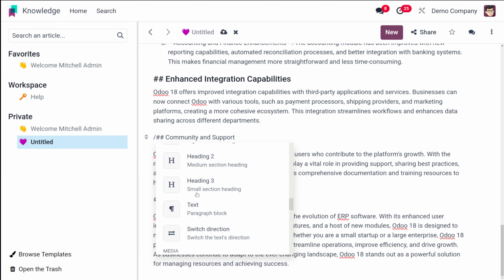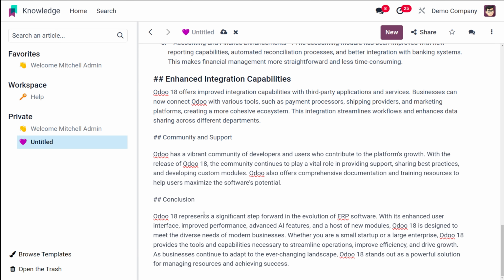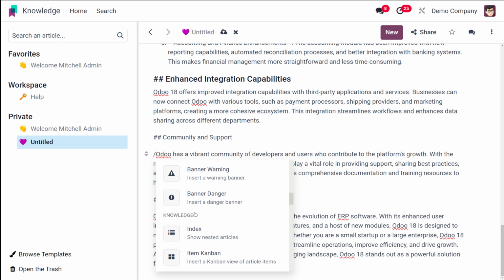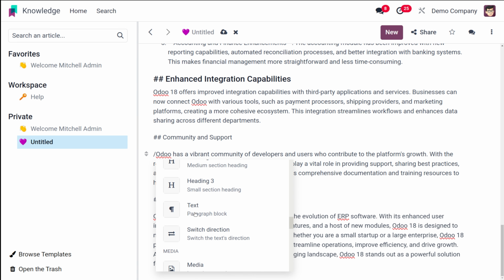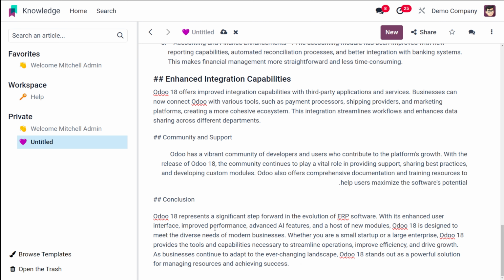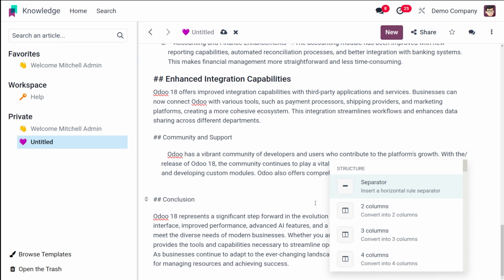Now you have the option to add text, that is to add paragraph blocks. So if text is given in a random format and you use that, it will be in a perfect paragraph. Okay. So that's the paragraph. And right now you are doing a heading and next you want to add a paragraph block, means you can simply choose this. And if you want to switch the direction of your text, you can use this. So this is how it looks now.